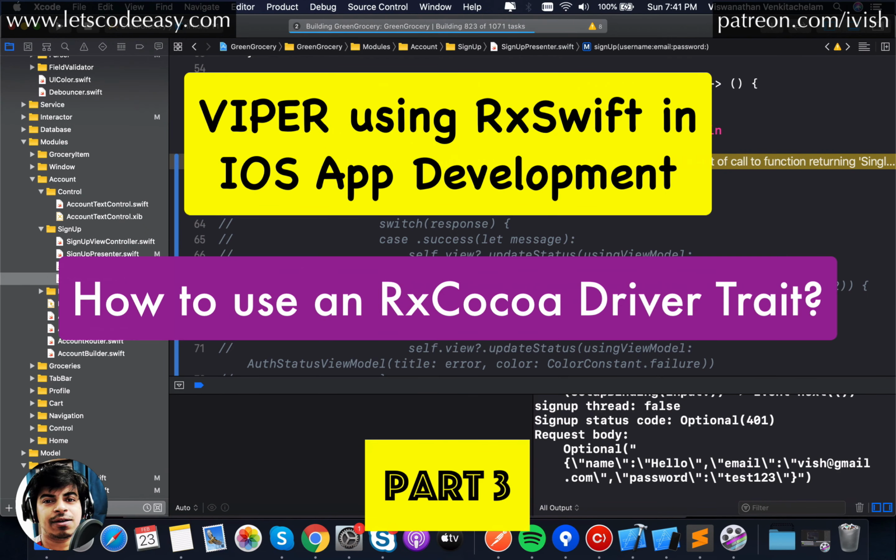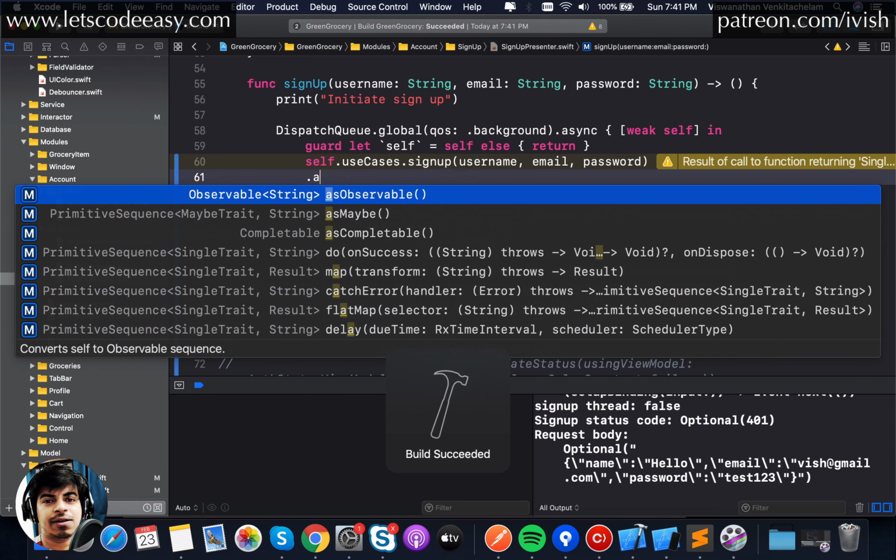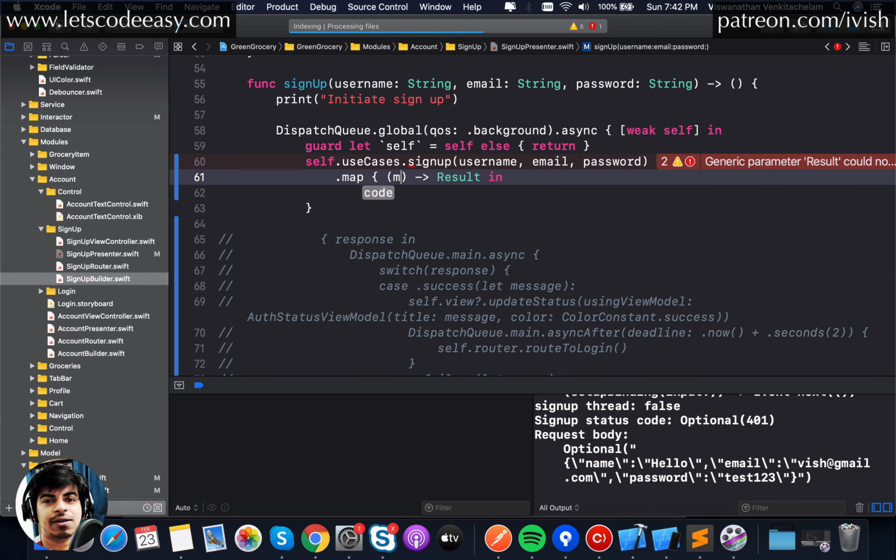Compilation is fine right now. So again, the whole thing starts with .map. So that's my message which came from the use case saying my sign up was successful. So some of the things which are going to change here is